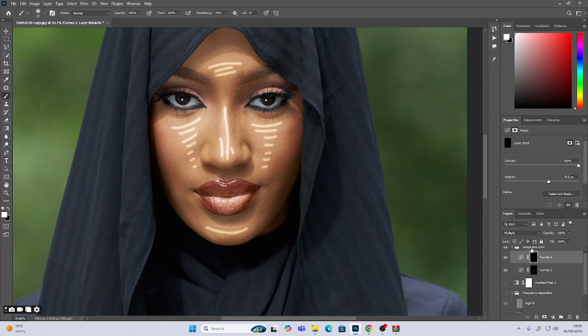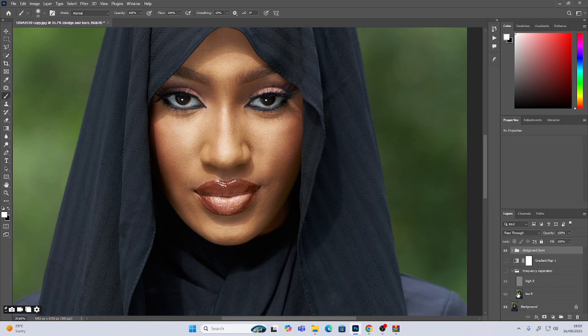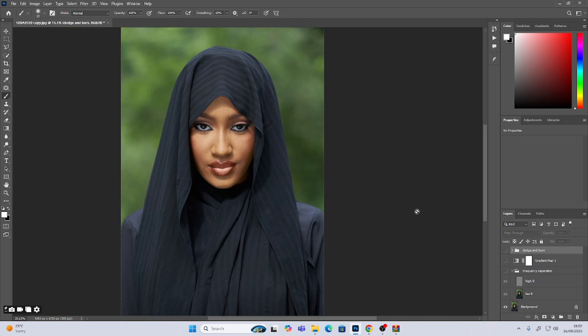You could see the before and after. Then we'll do the same also for the highlights. So basically you can see how our image is affected. So before, after, before. Then we can bring back all the edits that we've done. That's the before and after, before and after. You can see the effect it has on the image. Image is already looking good. So once we bring back all the effects,